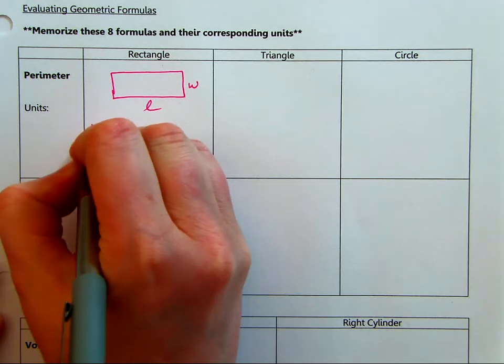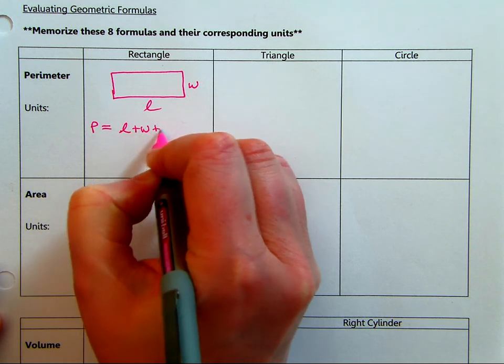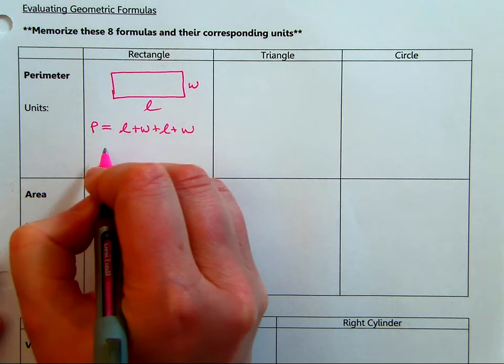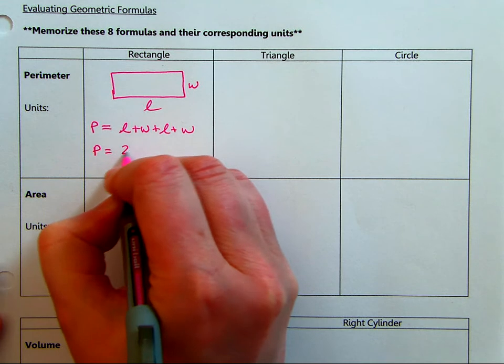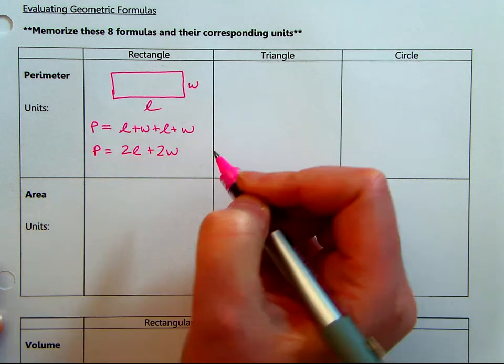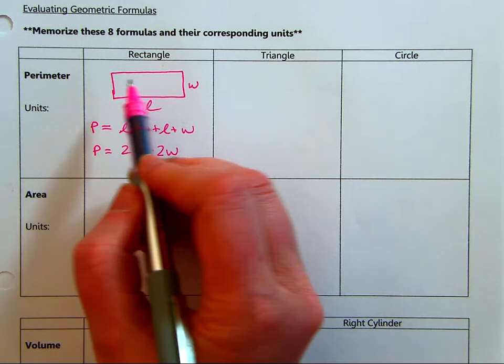Right, so I'll do P equals for perimeter. There's two ways. L plus W plus L plus W. Or L squared plus W... Or, very close, it's 2L plus 2W. When you square it, that would give you the area. That would be multiplying. Yep. So you could think we have 2 L's and 2 W's. And let's say this was in feet.